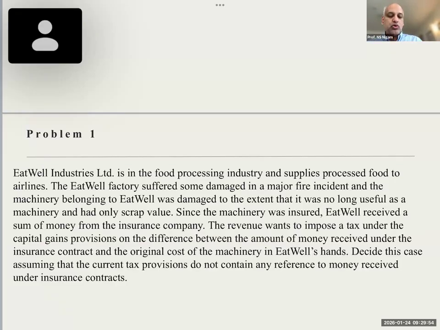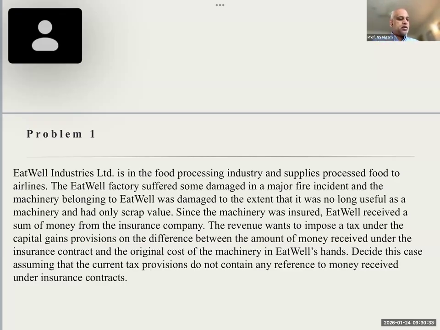defined in Section 2, Clause 14, and it says capital asset means property of any kind, whether or not connected with his business or profession. So it's a very wide term, and it connects the definition of a capital asset to property of any kind. And then transfer is defined separately in Section 2, clause